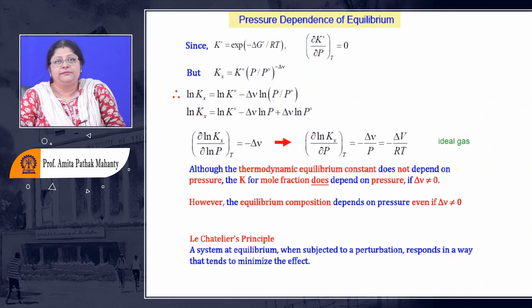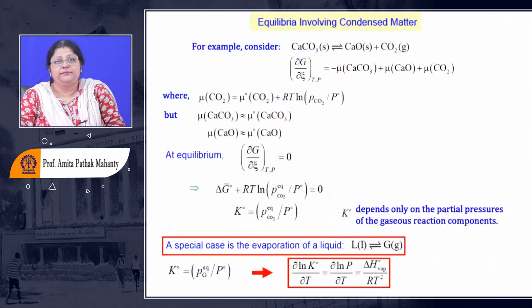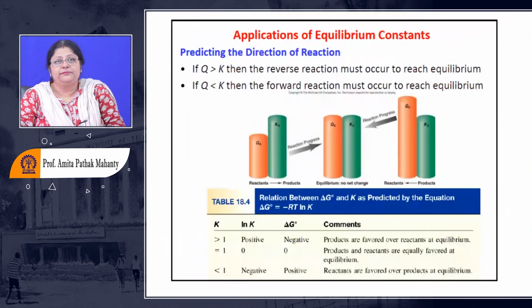Equilibrium composition is obtained at the beginning of the slide. I have shown you how you can obtain the equilibrium composition. And the thermodynamic equilibrium constant we are talking about is only in terms of pressure. If it is not in partial pressure terms, if it is in mole fraction terms, then you have to have this delta nu, which may not be equal to 0. But even if delta nu is not equal to 0, the equilibrium composition will always be dependent on pressure. So this is what I wanted to look into here.